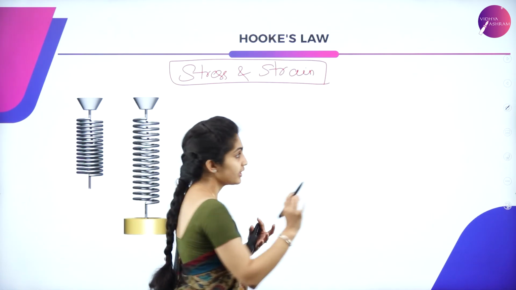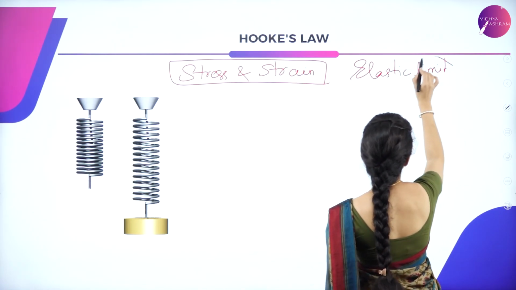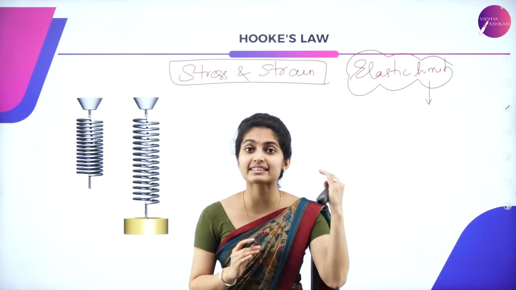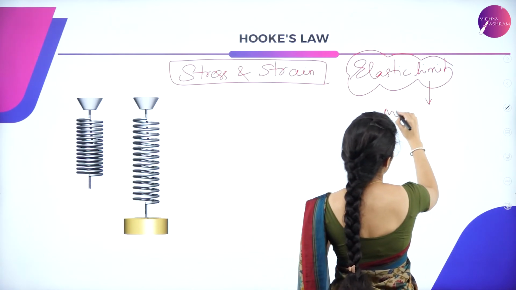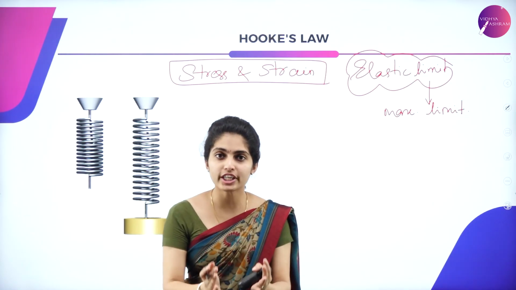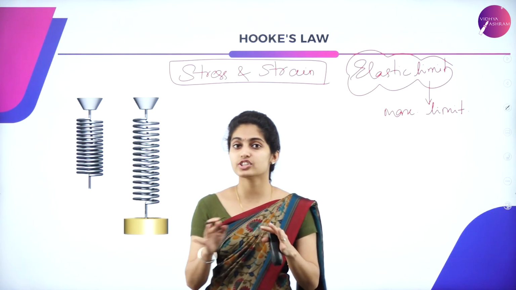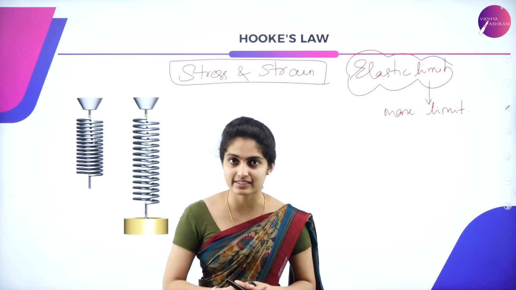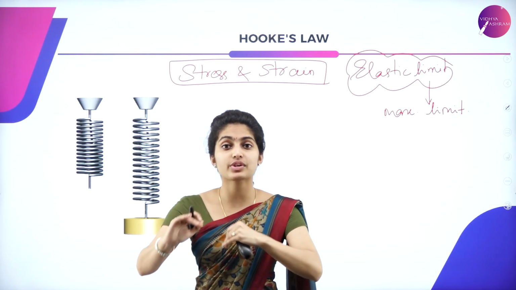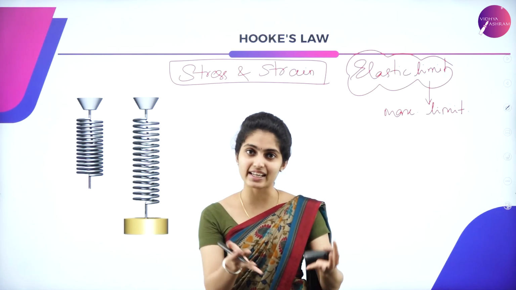And there is a limit. That limit is said to be the elastic limit. So what is this elastic limit? Elastic limit is the upper limit, that is, the maximum limit until which the body shows elastic property, that is elasticity. After which it doesn't show elastic property but it shows plasticity. Understood? So here it is the maximum limit for which a body can regain its shape. Such a limit is known as the elastic limit. So limit in elasticity. Understood?